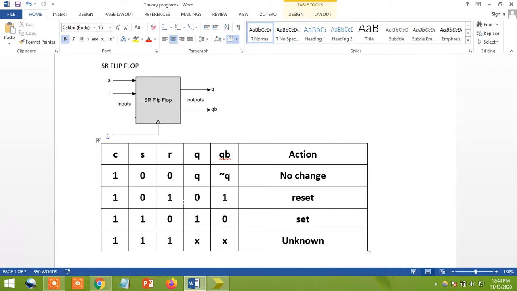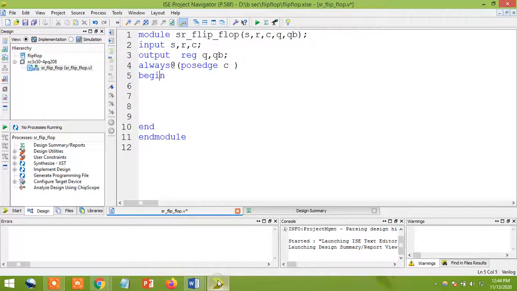Why am I going to use a case statement? Carefully you see that my S and R values change continuously: 0 0, 0 1, 1 0 and 1 1. Then easily I can assign my Q value to something, Q 0, 1, x. Easily I can assign that. For that purpose, I'm going to use one case statement. After begin, I'll give one tab. I'm going to use a case of what?